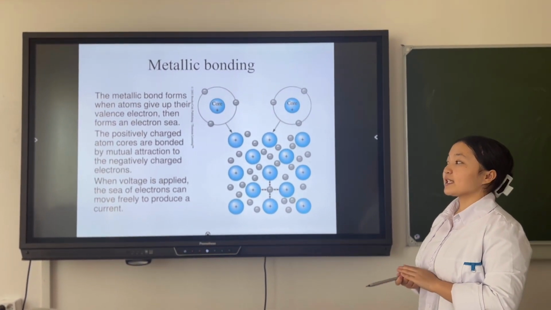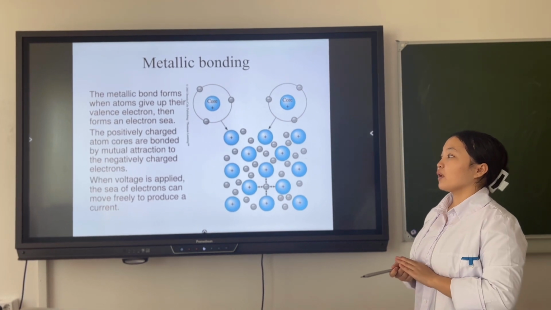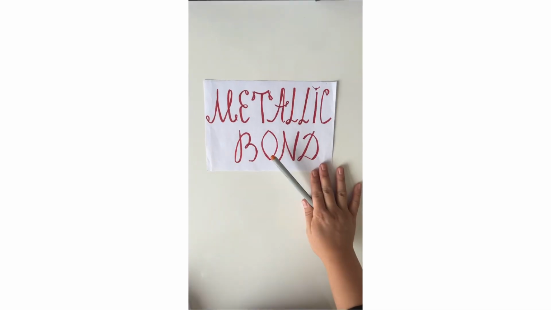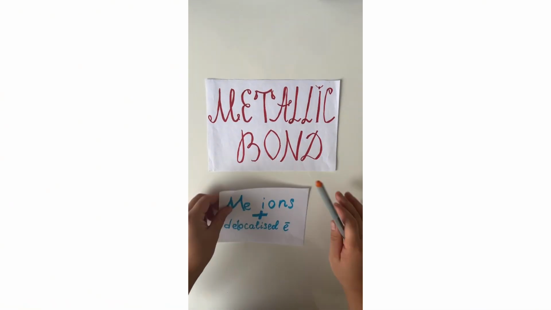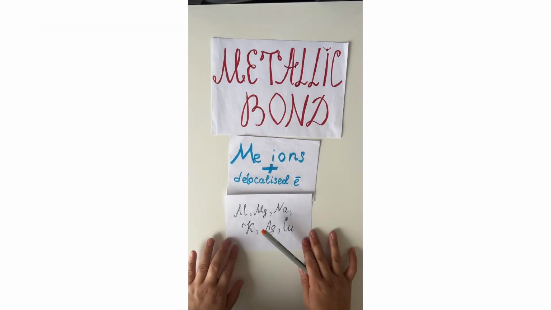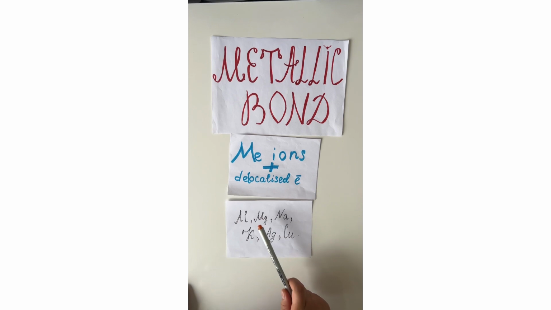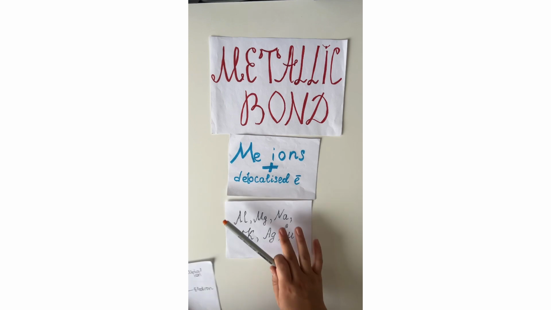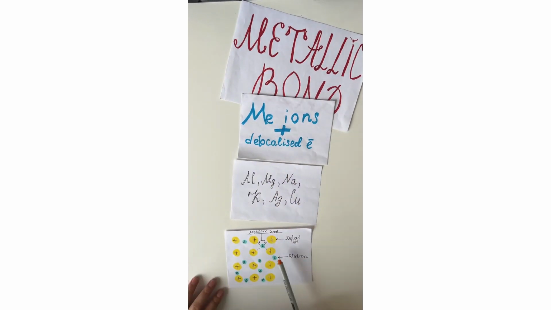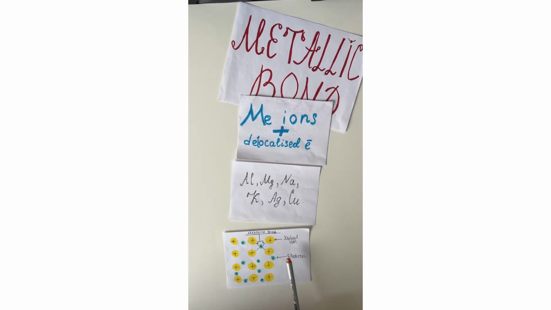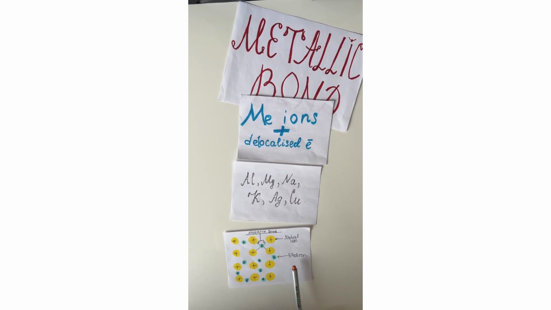When voltage is applied, the sea of electrons can move freely to produce a current. Bond, metal and ions. Some examples: aluminum, magnesium, sodium, potassium, and copper. A metallic bond is a type of chemical bond formed between positively charged atoms, in which the free electrons